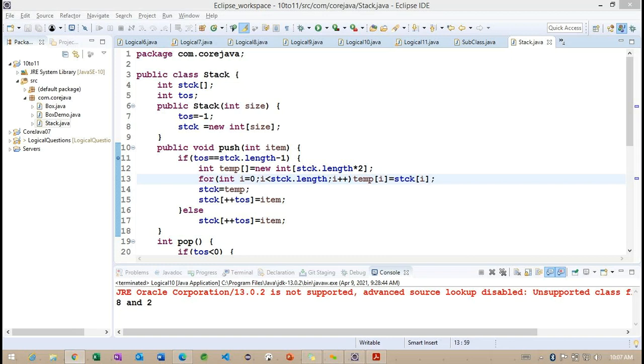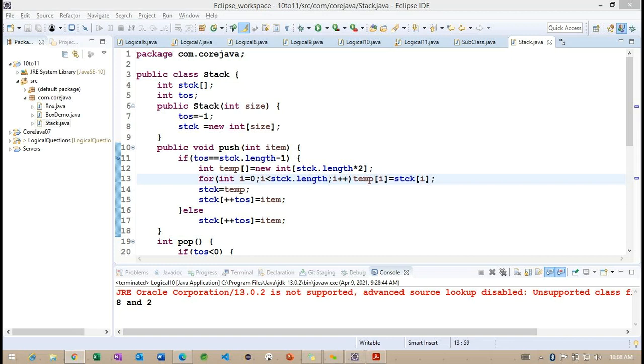First, we need to understand how polymorphism works. I'm saying that a single action we are going to do in different ways. Now, first we need to understand compile time polymorphism.